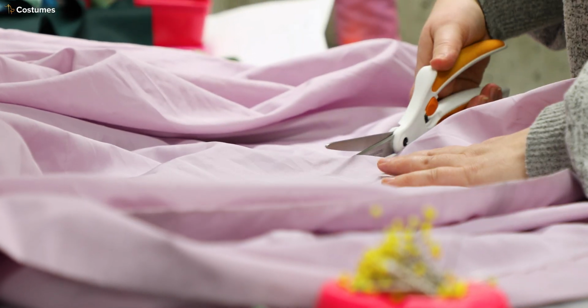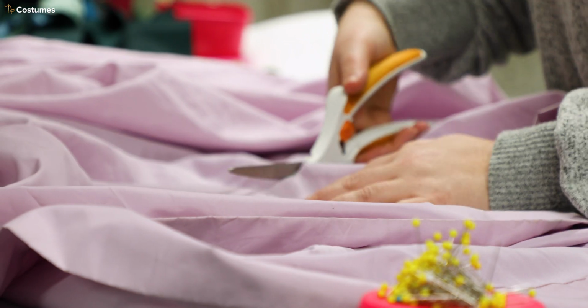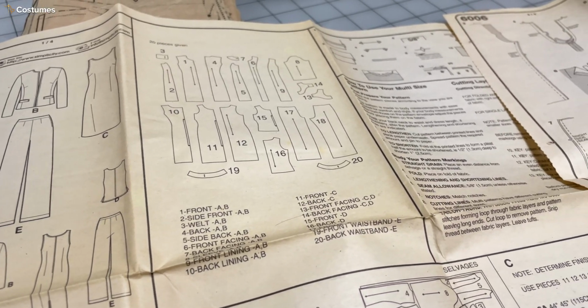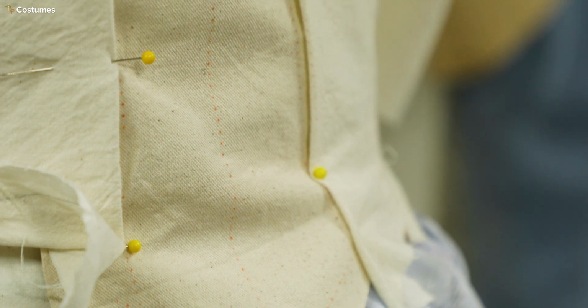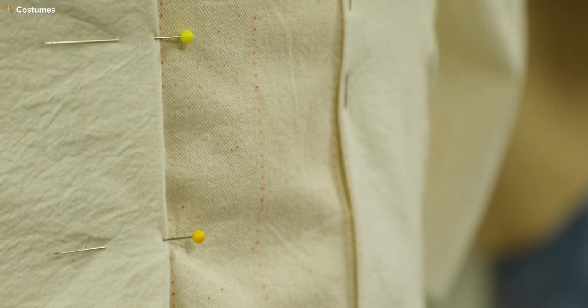Then it moves on to people like drapers and cutters, people who actually cut out the fabric, and people who make the drafts, which are the patterns that you use to make clothes. Making costumes, you either have a self-drafted pattern, which is you take a piece of muslin on a dress form, making sure it's all straight up and down, using that, then drafting out the kind of shape that you want